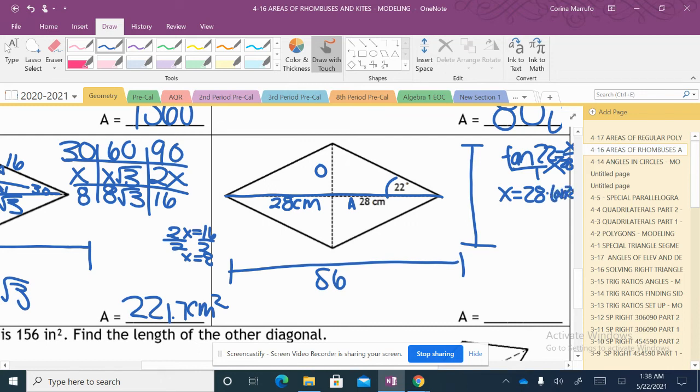So I'm going to put that in my calculator. Now remember, you need to make sure your calculator is in degree mode. So 28 times tangent of 22 gives you